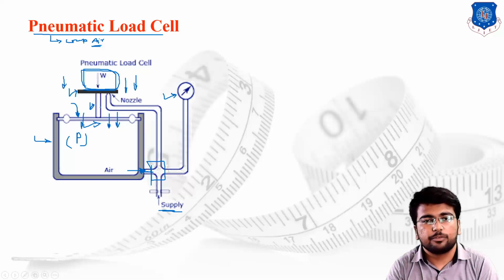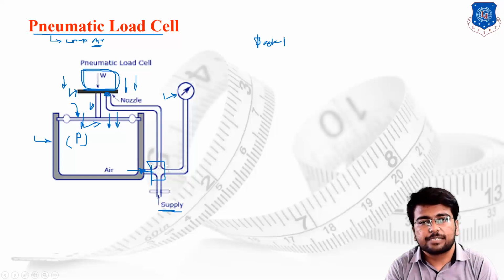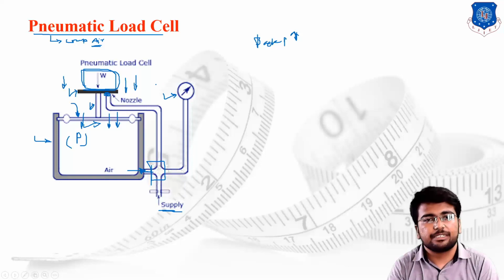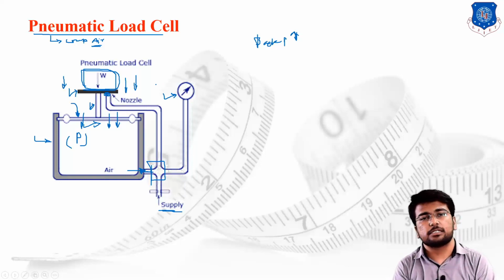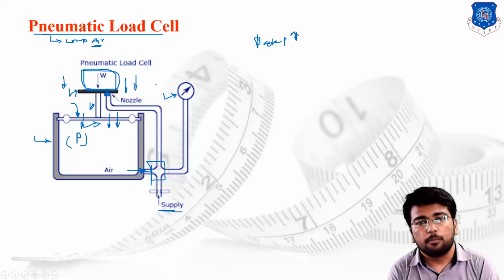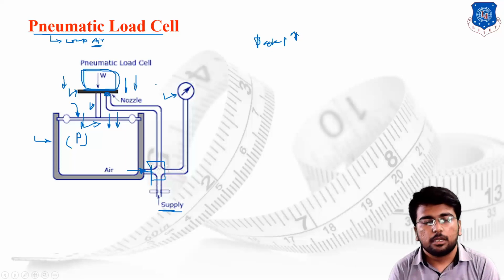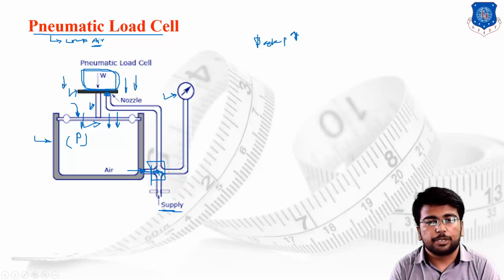Once the assembly starts moving in the downward direction, the nozzle will get a higher back pressure. The back pressure generated inside the nozzle setup will rise just because of the decrease in the area which is available for the easy movement of the molecules which are coming out from the nozzle. And due to the generation of the back pressure, the float valve will work properly and it will open slightly higher than the exit condition, and the compressed air will start passing inside the chamber.